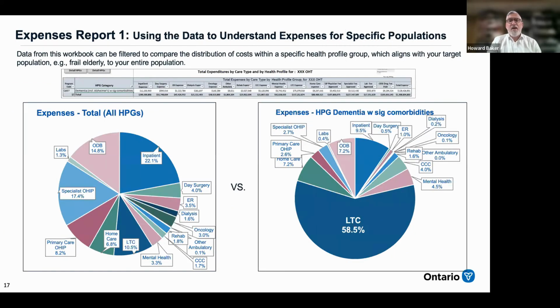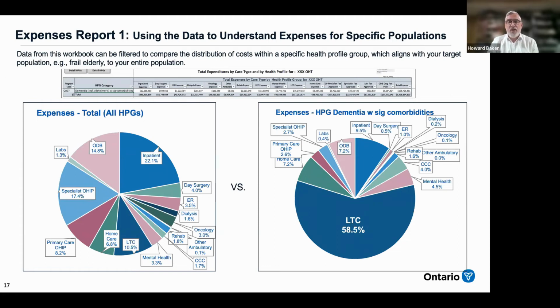Okay, so this slide, I wanted to illustrate an example of how you could take the workbook and drill down and do some exploratory work on specific populations. So from this workbook, you can filter out different HPGs or categories that you want to look at, and you can then compare the distribution of costs within that specific HPG to the overall distribution of costs within your OHT